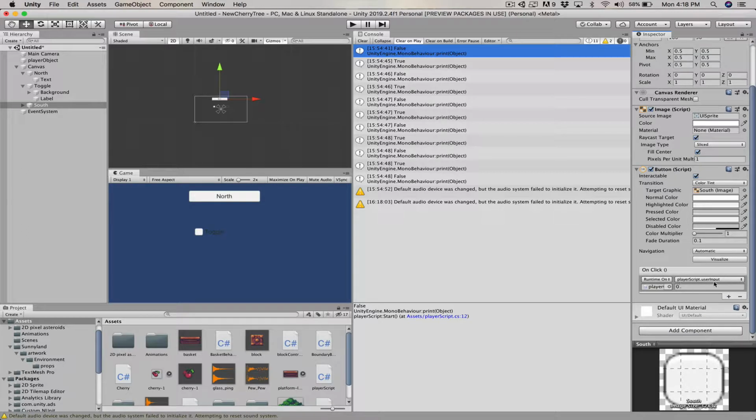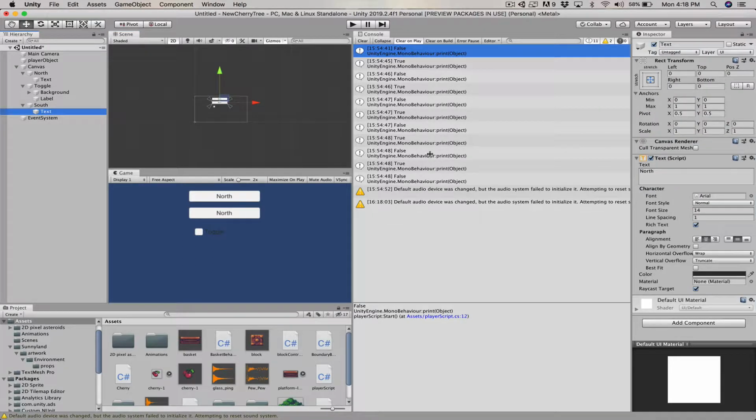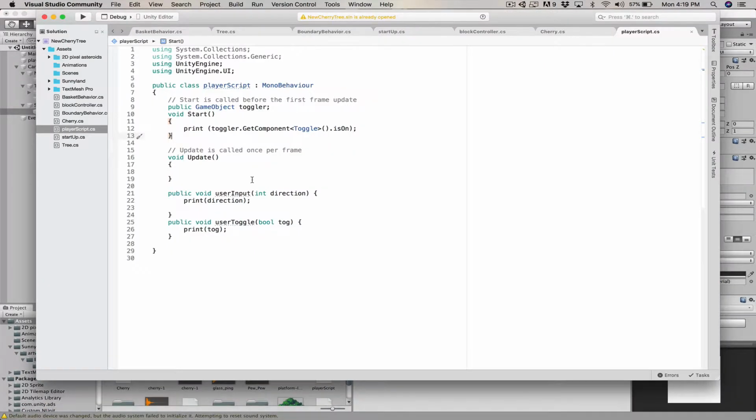And you'll see player user input is already set as we showed in class. So north is going to be 0, south is going to be 1. Okay. So if I move this, now that's the second button. It's named south, but it still has north as a text, so we'll make that south. Okay, north and south. We'll go to the script, which I have in the background there, and we're going to say